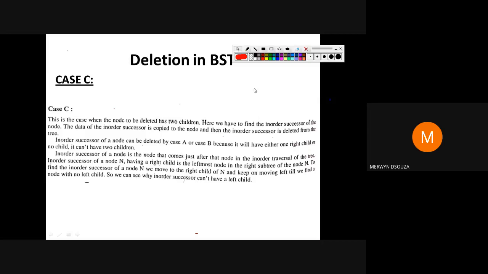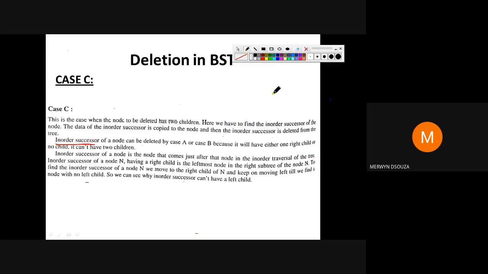Now you must have come across one word here that you may not have understood, something known as in order successor. I hope you remember what in order is. When we were doing the traversals, we came across the different types of traversals: in order, pre-order, post-order.